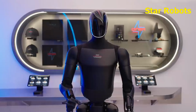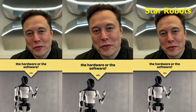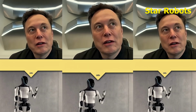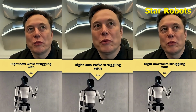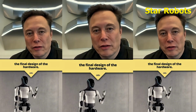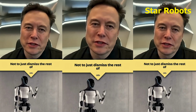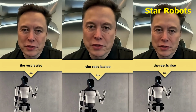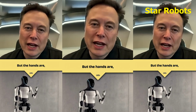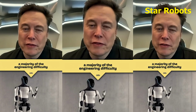The biggest improvement is its redesigned hand system, and according to Elon Musk, this was quite a difficult task. What's harder, the hardware or the software? Right now, we're struggling with the final design of the hardware. Like I said, it's really primarily the hand. Not to just dismiss the rest of the robot. The rest of it's also important, but the hands inclusive of the forearm are a majority of the engineering difficulty